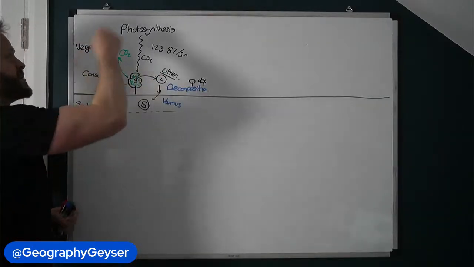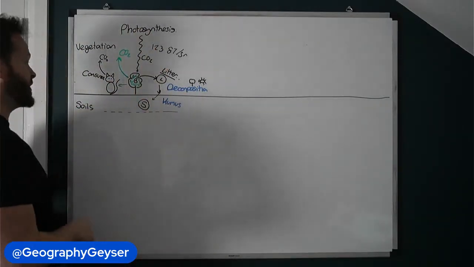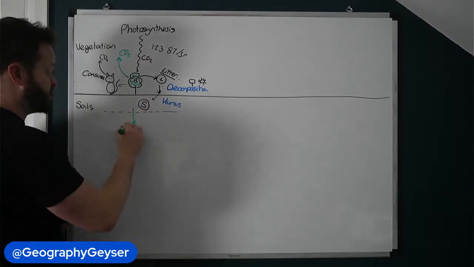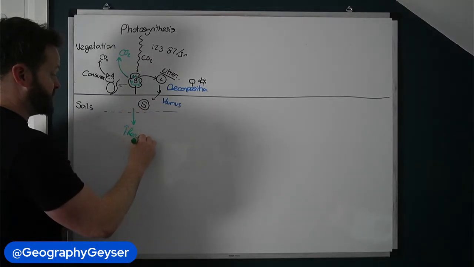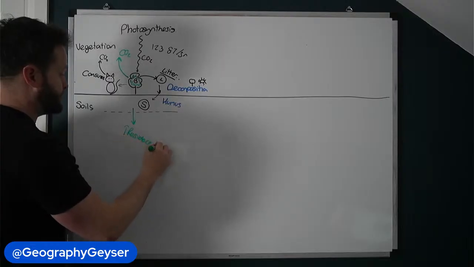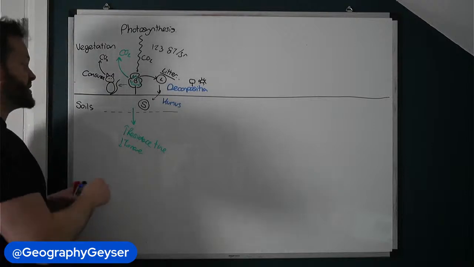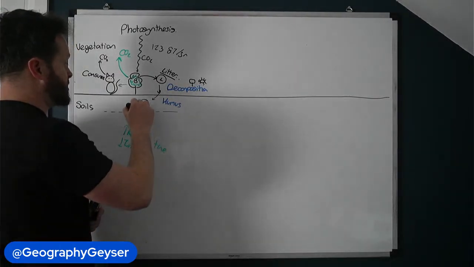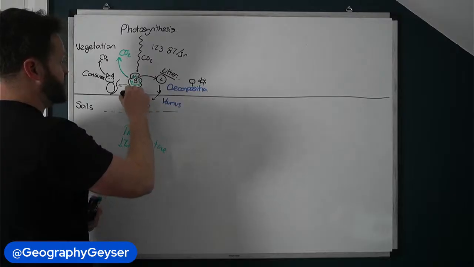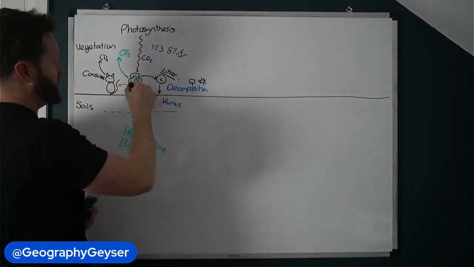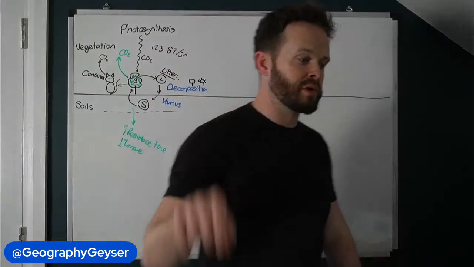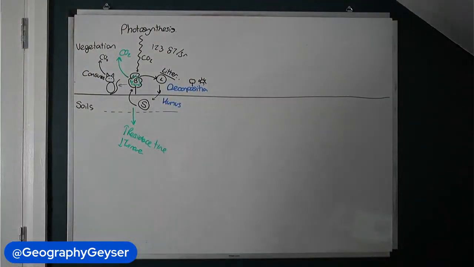So these are the main processes we want to think about in the terrestrial biosphere. The deeper the carbon goes in the soils, the more increased the residence time and the reduced turnover of carbon that takes place. And then it's very important that you see this as a cyclical relationship, because the fertility of the soil then determines how much the biomass or how much the vegetation can then grow. So it's that cyclical relationship within ecosystems.